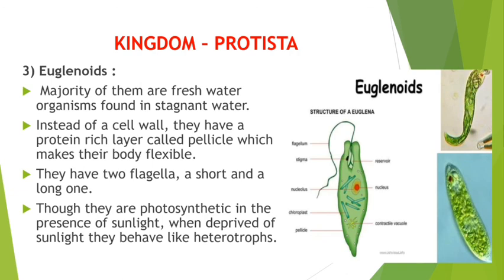With this we have learned three groups: the first is chrysophytes, the second is dinoflagellates, and the third is euglenoids. In our next class we will learn about